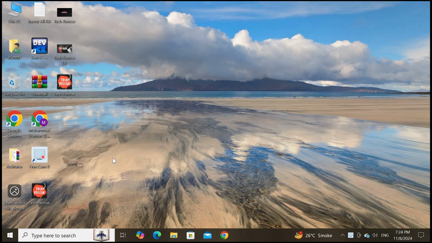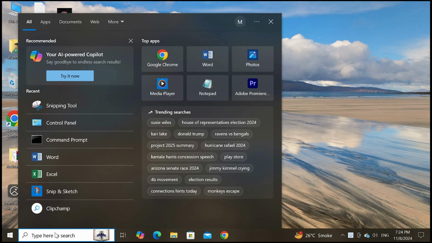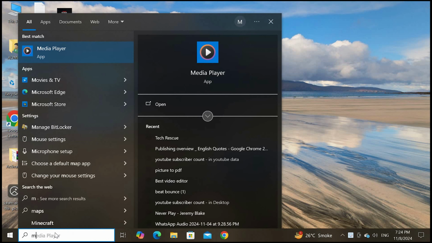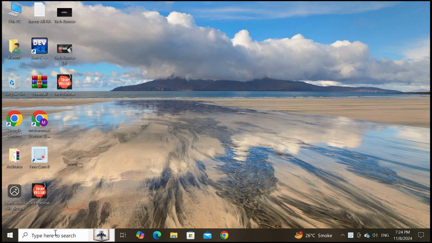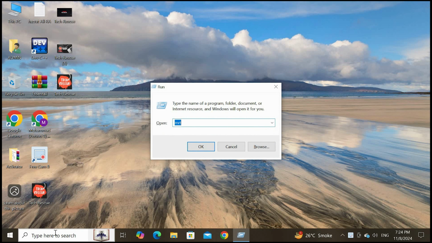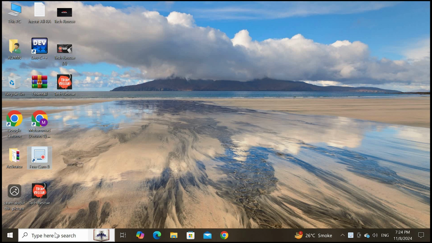Hello guys, today I am going to show you how you can scan your computer without installing any antivirus software. Open the run command, Ctrl plus R, and write here MRT. A dialog box will open,